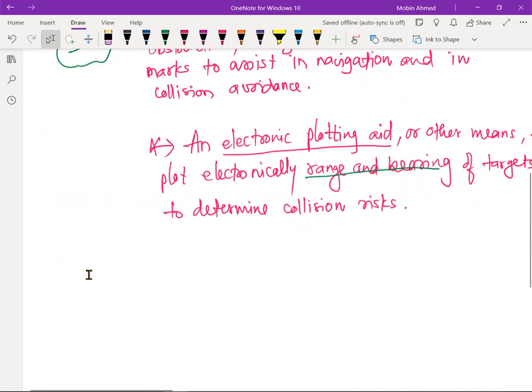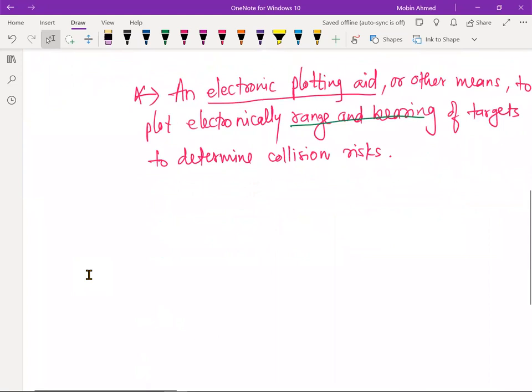There is a minimum requirement that a ship with a 9 gigahertz radar is supposed to have an electronic plotting aid. I hope it is clear now. Next it is saying that all